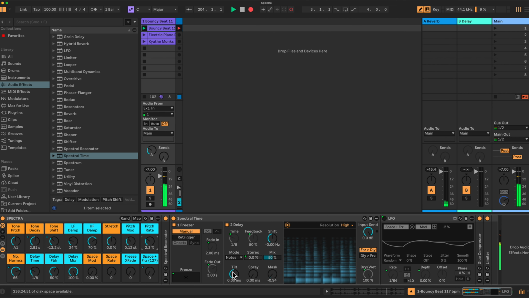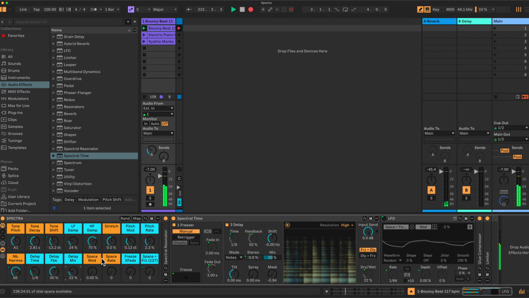I've not really played around with the tilt or the mask. The tilt kind of offsets the delay to lower frequencies or higher frequencies, so the time for each delay. You can have a look at the info here if you want to learn more about those things. I'll just concentrate on the rack and how I've built it. Okay, so we'll turn down our delay a little bit,